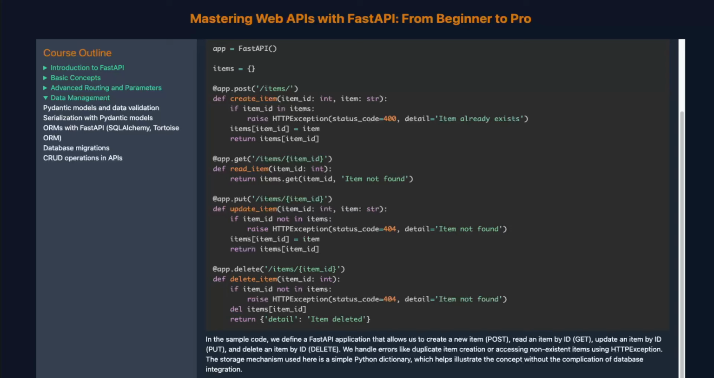We handle errors like duplicate item creation or accessing non-existent items using HTTPException. The storage mechanism used here is a simple Python dictionary, which helps illustrate the concept without the complication of database